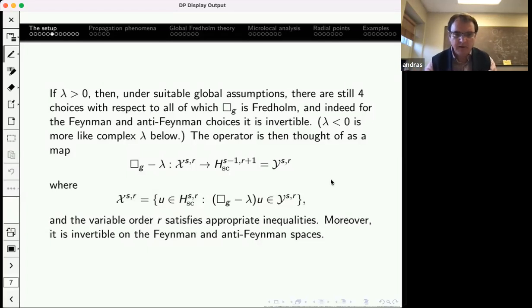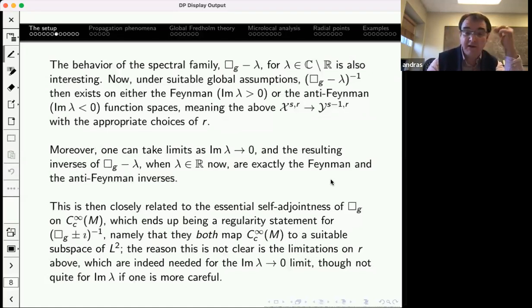So that's the setup for real lambdas, and for non-real lambdas. They're also interesting because if you're trying to think about self-adjointness, when you have a symmetric operator, self-adjointness is more or less a statement about what the operator plus or minus i does in terms of, for example, having a dense range in L2 on some a priori defined smaller domain. So essential self-adjointness. So we also care about non-real spectral parameters, and then the statement is what problem